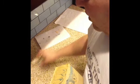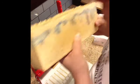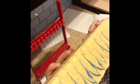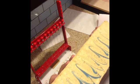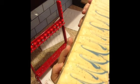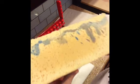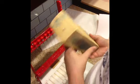Just move this out of the way here. It smells really good. So you can see the top has turned a much more pale yellow. So it was sort of bright orange yesterday. That indigo, that was the swirl on top, is very blue. Looks pretty good against the yellow. And the turmeric, you can see those little orange spots. That's part of where the turmeric didn't sort of get mixed together. I don't know if you can see, I have a little bit of what looks like a partial gel. Not much of one, but...